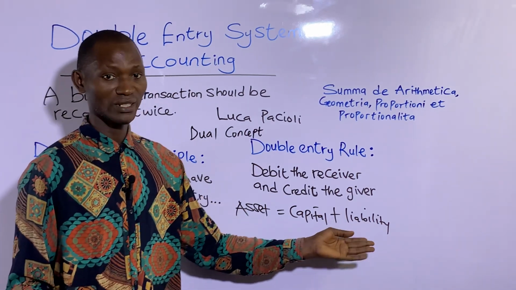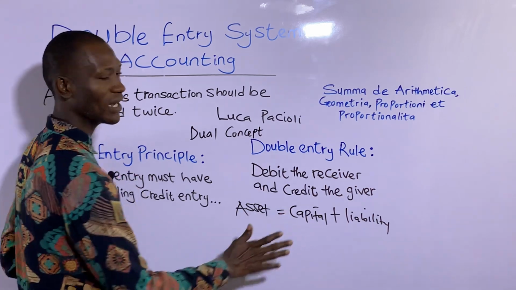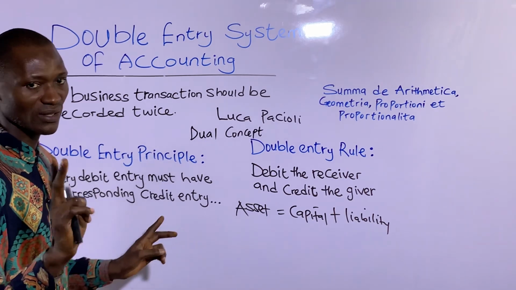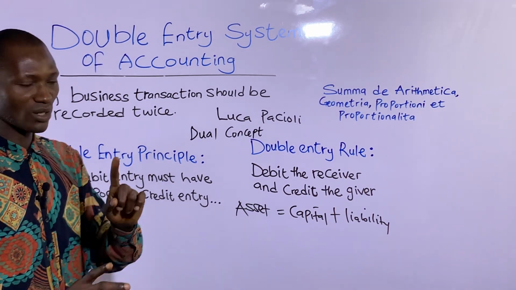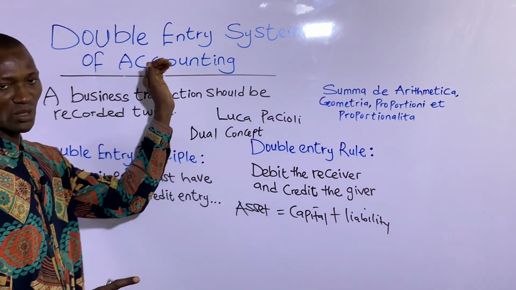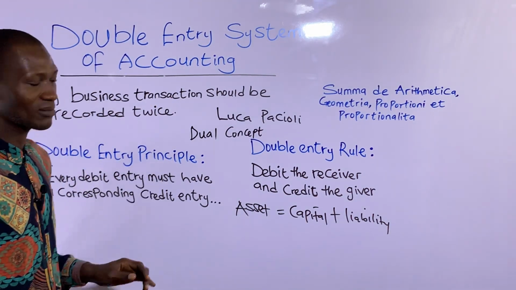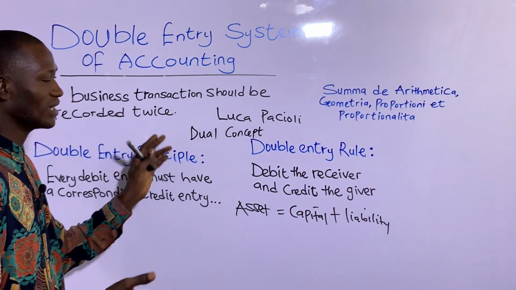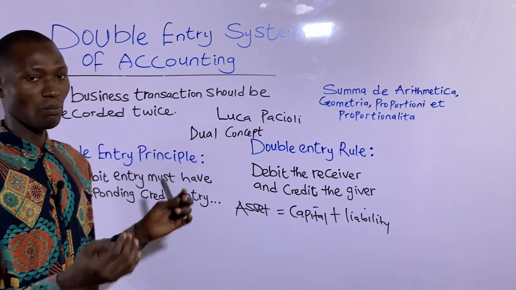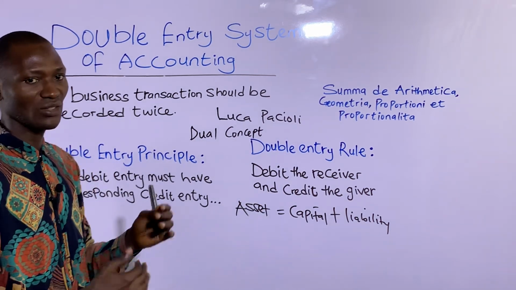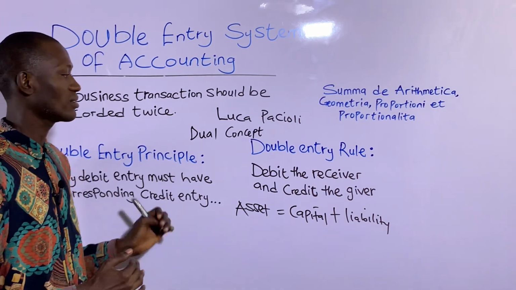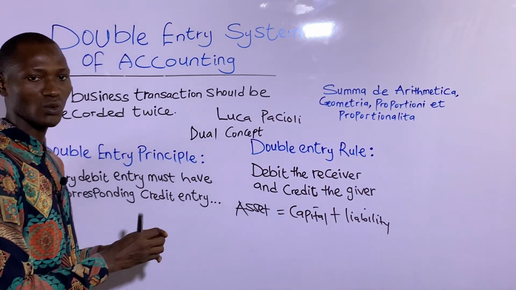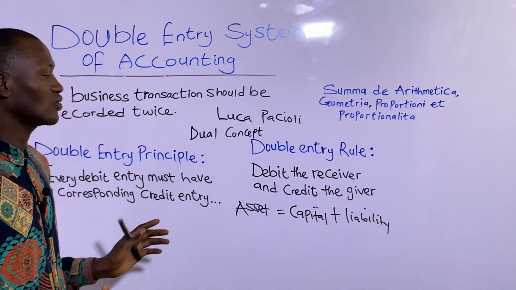Don't forget, this accounting equation gives birth to the balance sheet, which is the same thing as the statement of financial position, which we usually prepare for sole traders, companies and all that. So there are two parts to every business transaction. The assets of a business belong to the owner of the business as well as what? Outsiders, which are usually the creditors, the liability. We're going to come back to the accounting equation in our subsequent episode.